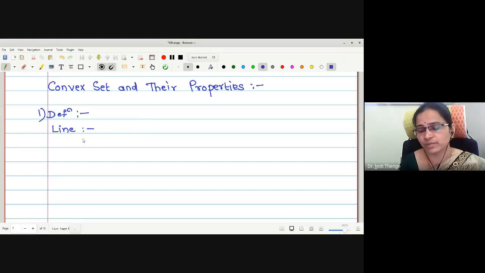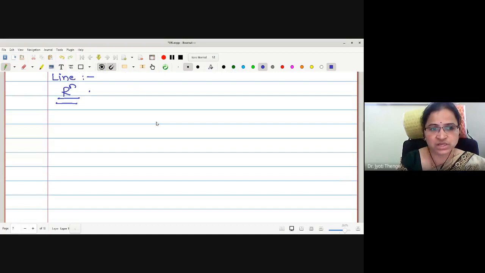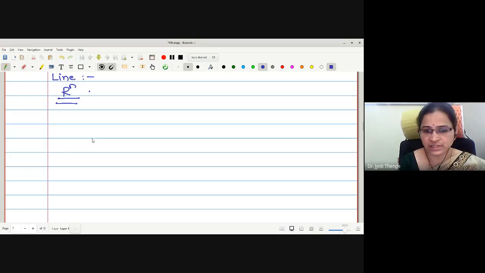Actually, the two-point formula and all we have been using up to 3D spaces. Now, here we are interested in finding the equation of a line joining two points in n-dimensional space, so we are totally in R^n spaces. Let us discuss the equation of a line. Actually, in your differential geometry paper, you have seen this in detail, how to find the equation of a line, plane, curves, etc. Therefore, within two minutes, I will show you how the equation of a line can be found.